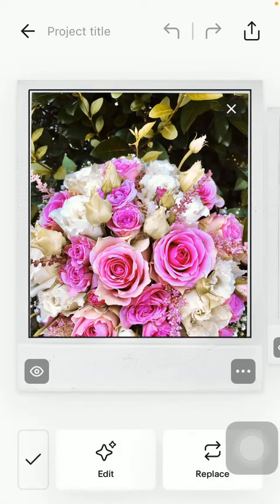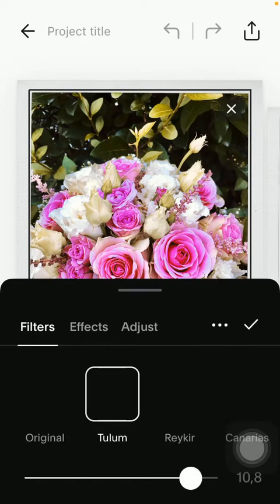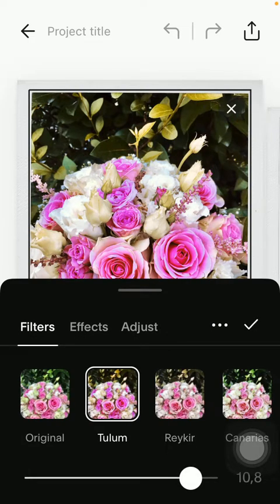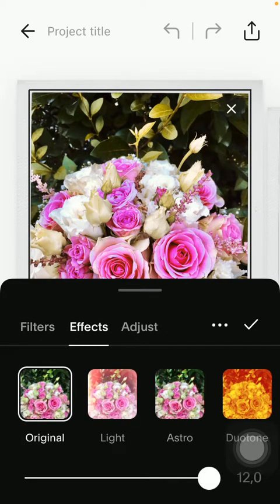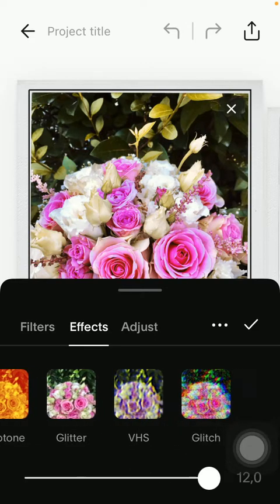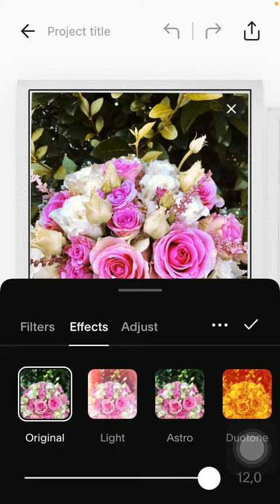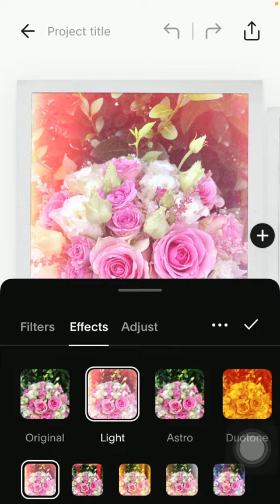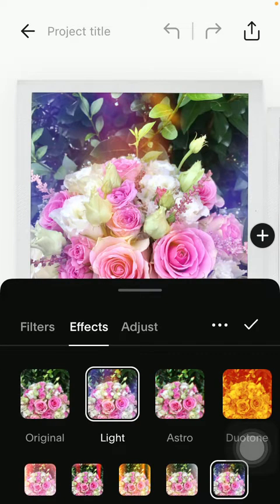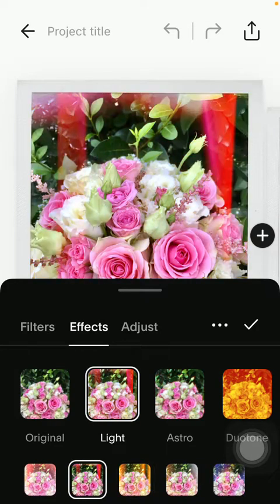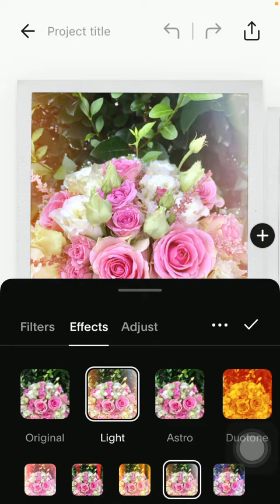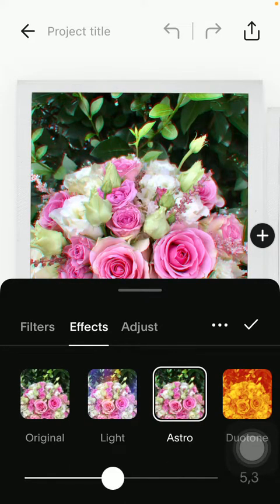Tap on the picture itself, click on the edit button down below, and then at the top of this section click on the effects button, and here you are ready to find various effects such as light, and below it you can find these subcategories, these sub effects that you can choose from. Here the next